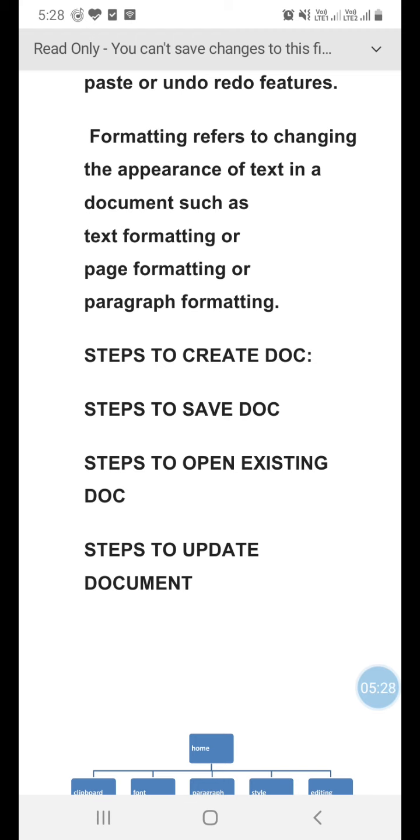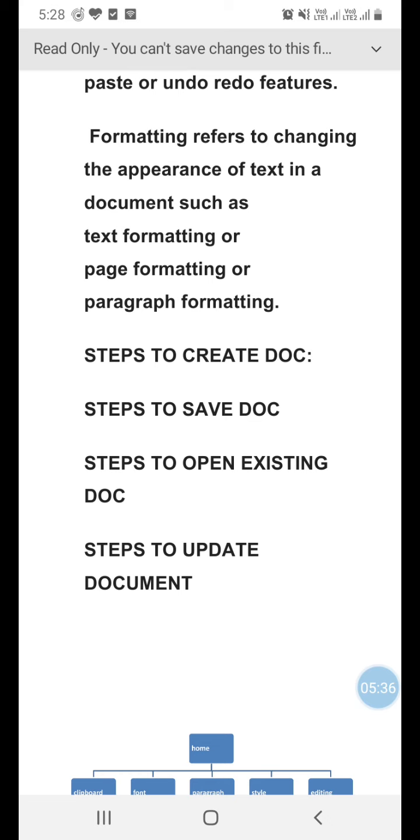The first time while creating a document, it always uses Save As, and the next time when you open an existing document and update it with new content, it uses Save. It means to update any existing document, we should always use the Save option, and to save our document in a particular location or with a new name, we should always use Save As.